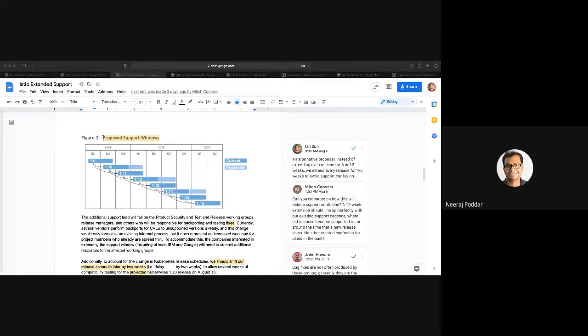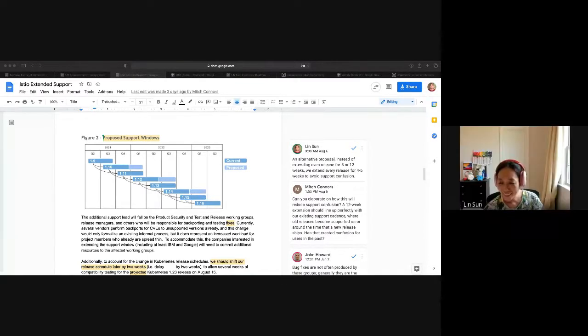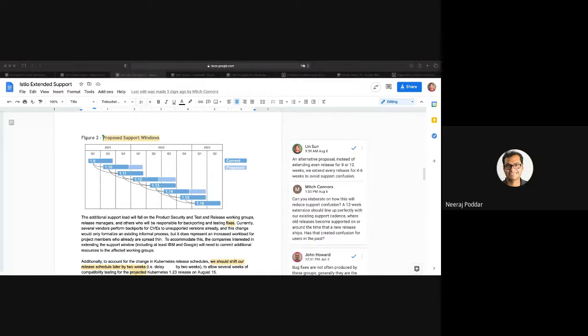Niraj? Yeah, so I think we are again losing sight of what users wanted, right? Currently, users are on 1.9. We are introducing skip level upgrades, being stable now for the first time. They probably want to move to 1.11 when 1.11 comes out. Not extending support for 1.9, I don't think is the right move, because these two things should go together. That's how we enable our users to move ahead, right?